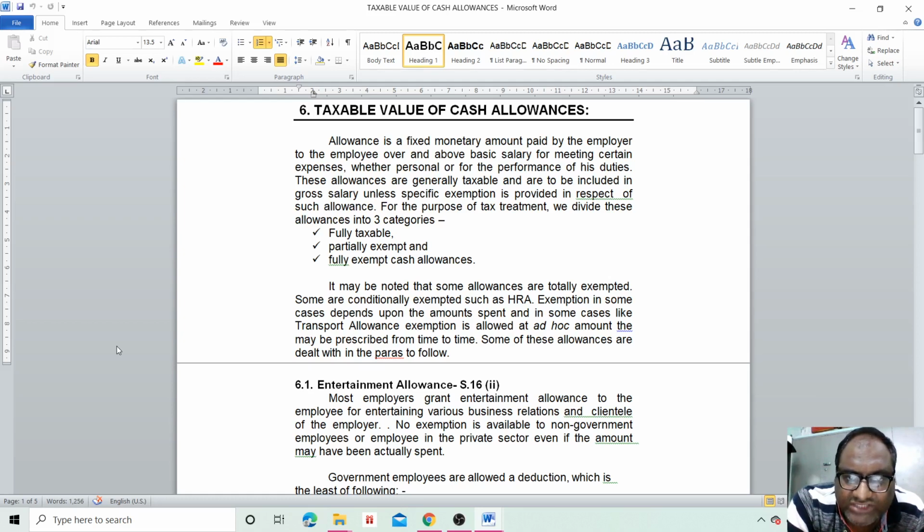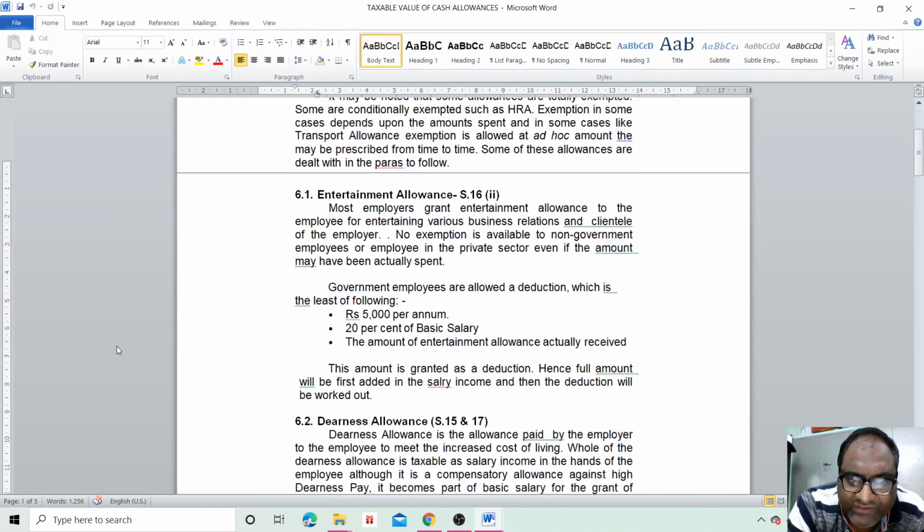These allowances are generally taxable and are to be included in the gross salary unless specific exemption is provided in respect of such allowances. So, three categories में हम divide कर सकते हैं allowances को: fully taxable, partly exempt और fully exempt cash allowances. तो देखते हैं one by one क्या क्या है।